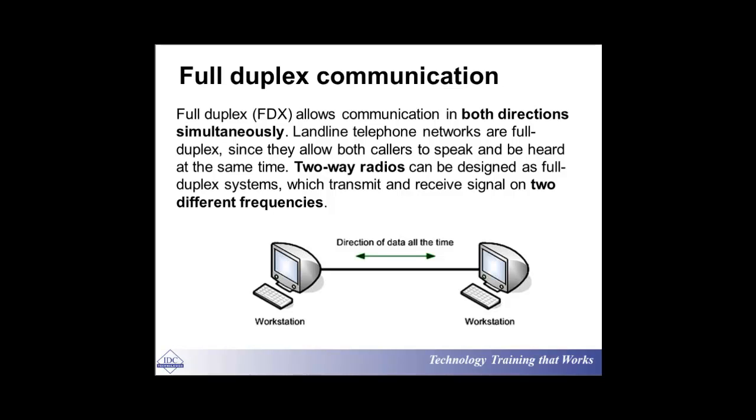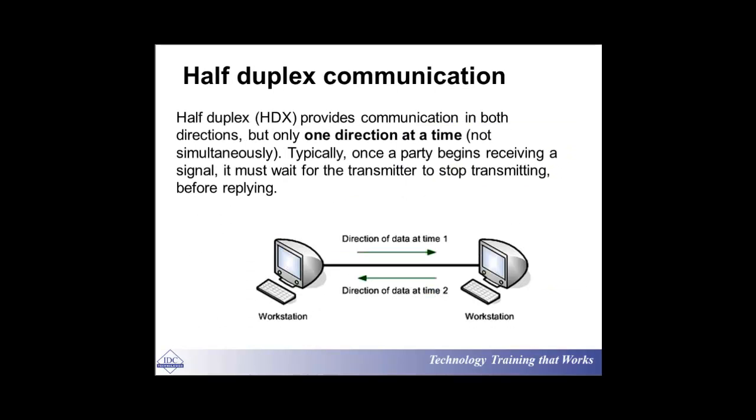So what happens is that when it goes into half duplex, this is half duplex, for example, right? Half duplex provides communication in both directions, but only one direction at a time. All right, and that's because of what? Because on many occasions they are using the same frequency. So since they are sharing the same frequency, they are not able to use the channel at